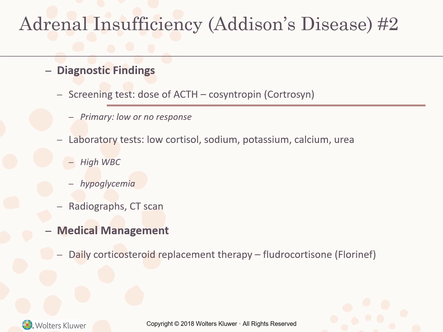Now, the serum cortisol level is decreased, and serum sodium and fasting blood glucose levels are low, and serum potassium, calcium, and blood urea nitrogen levels are increased. The white blood cell count is often elevated, and a glucose tolerance test will show evidence of hypoglycemia. In Addison's disease, the glucose level in the bloodstream does not rise as high as normal and will return to its fasting level more quickly than it would under normal conditions.